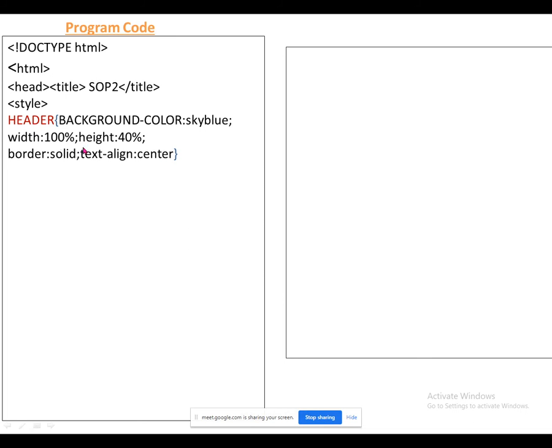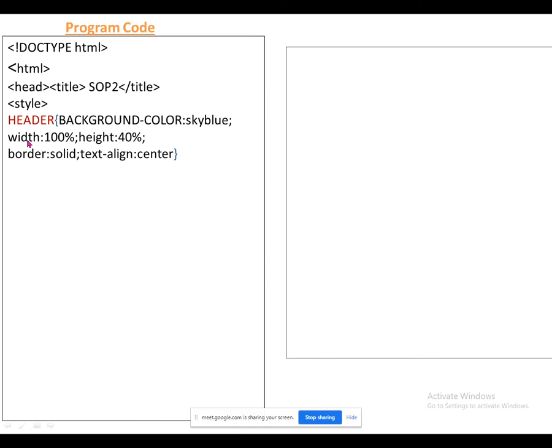So here this is the internal CSS statement, where the selector I am using is header, because header is again a tag. Like you always use bold, then H1, body tag. So here I am going to use header as a semantic tag. Under this header I am going to use all these properties. First property is background color. I am giving sky blue as per the question.